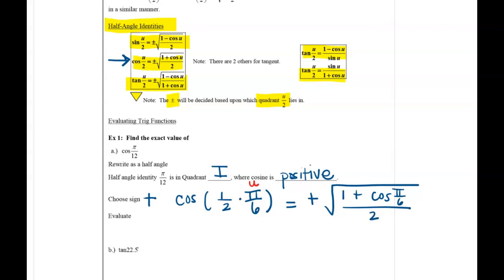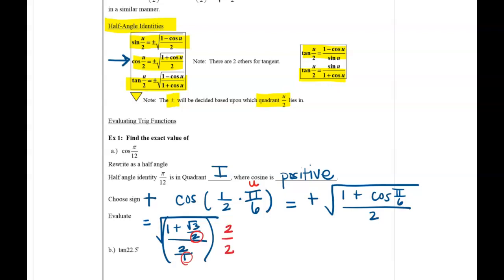And let's go ahead and simplify it and we'll have our answer. So the cosine of pi over 6 is root 3 over 2. So this is the square root of 1 plus root 3 over 2 over 2. And think of this as over 2 over 1. So how do we get rid of a fraction in a fraction? We look at the denominators and we say, okay, we're going to get rid of those denominators by multiplying by